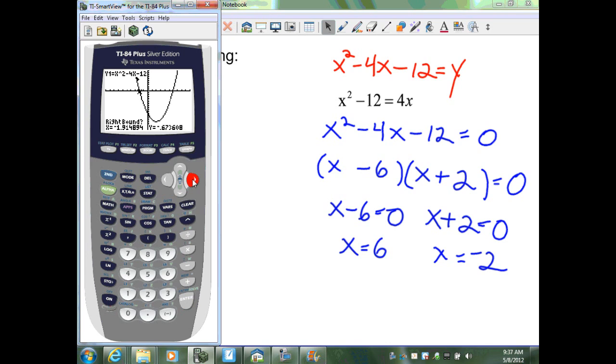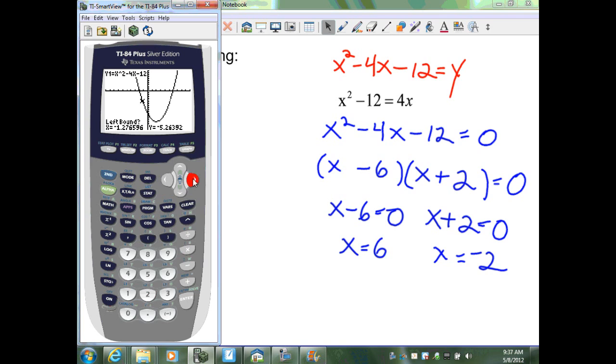Now I'm going to scroll down until I get a negative y value. It's actually the next tap on my arrow. And so now I'm above the y-axis, and my next one's below the y-axis. I hit enter, and it should give me a guess of what it is. So I hit enter again, and notice it gives me a -2, 0. So I am correct. Now all I would do is press second trace again and calculate the 0, and then